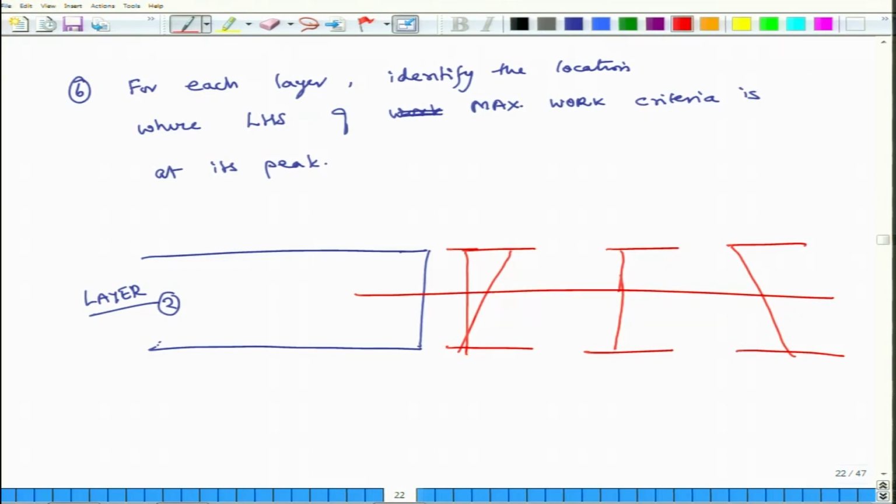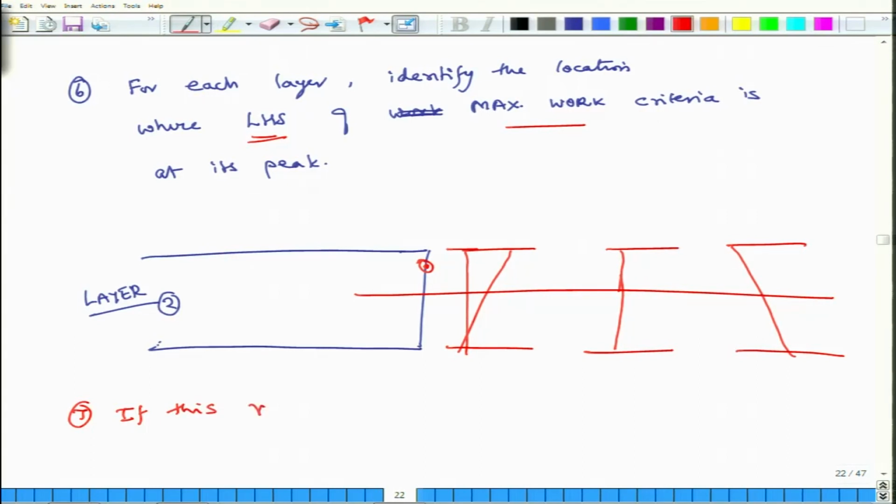So, there is no guarantee whether the location of maximum sigma L, maximum sigma T and maximum tau LT will simultaneously exist at a particular point on the thickness of each layer. So, you have to scan the thickness of each layer and then identify where the left hand side of the maximum work energy criteria, which we have discussed, is at its peak,